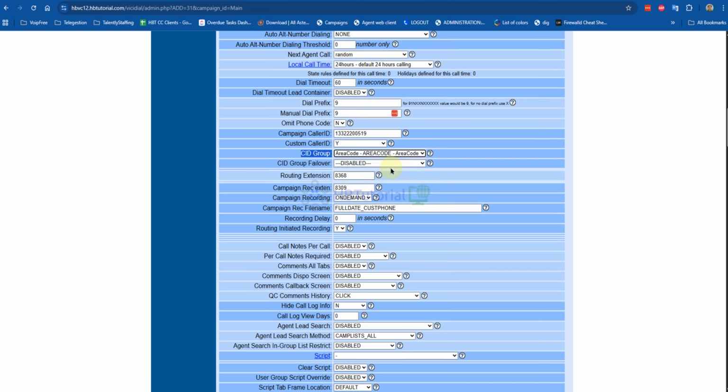So we will use the area code because we want our calls to be matched on the same area code. Okay. And then we can use the failover as a state field. So that even though we don't have many area codes on those numbers, we still have a chance to pass the call to the carrier using a different area code or the nearest area within the state.